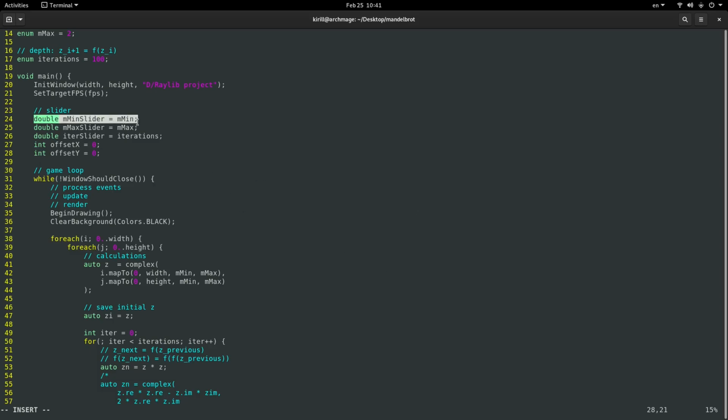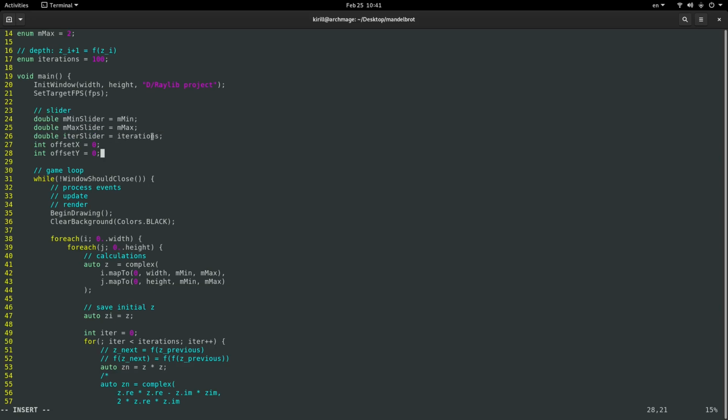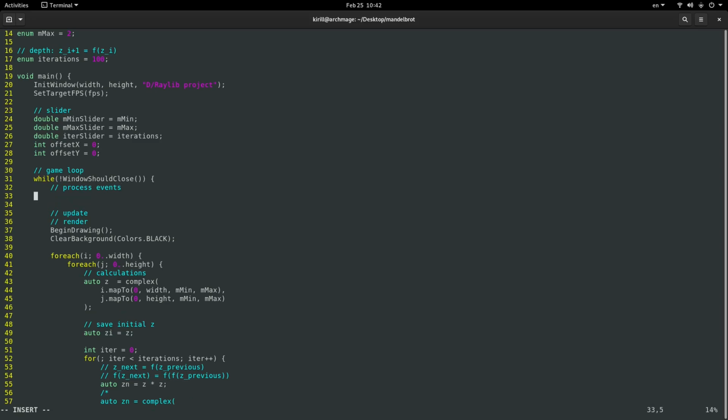So the first two variables are needed to implement zooming in, zooming out, and then the iteration slider is needed to implement the depth, how deep we want to go with our calculations. And then the last two offset variables are needed to allow us to move around. So now let's actually implement this